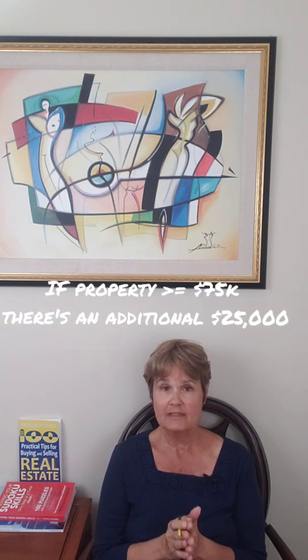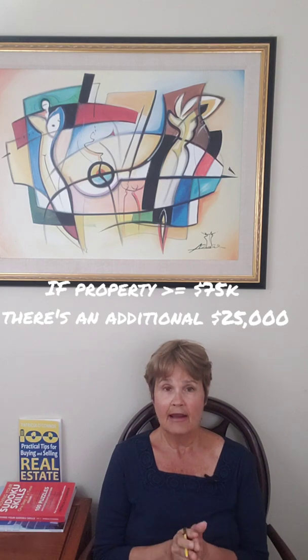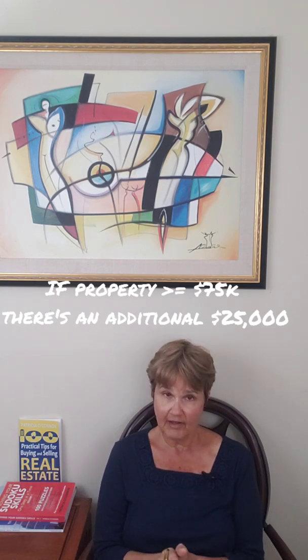If the property that you just purchased is worth more than $75,000, everyone gets an additional $25,000. So now you have appraisal value minus $50,000 equals assessed value, and then assessed value times your tax rate gives you your property tax. One other benefit from filing for homestead is the Save Our Homes law